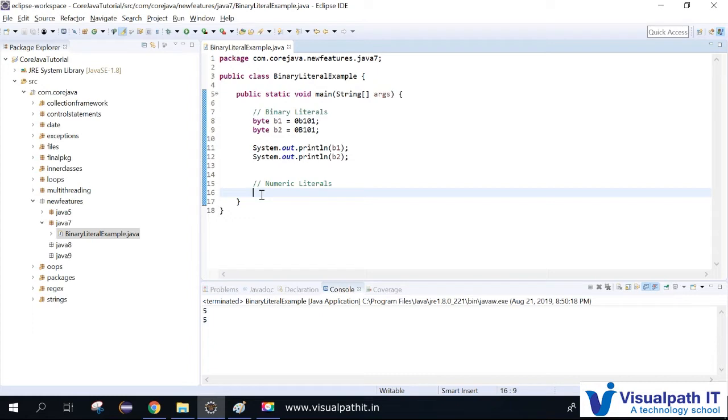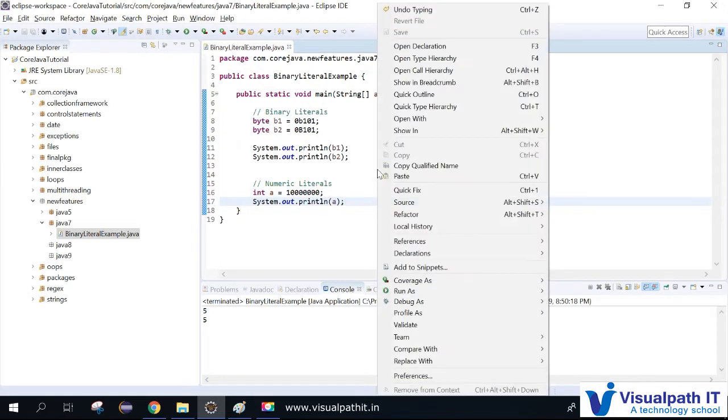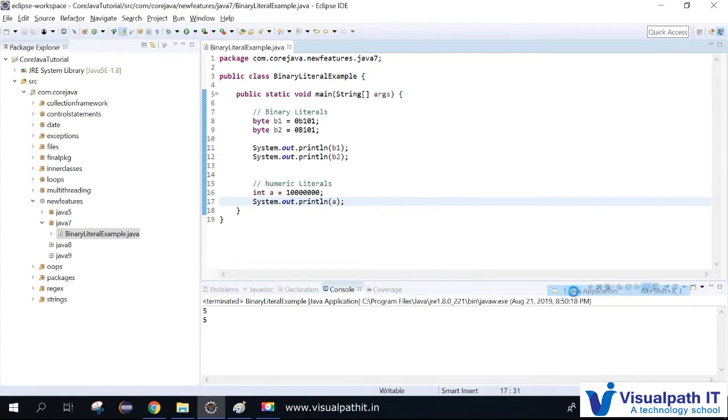If you're programming and you have a very big number of digits, suppose you have a number like this. If you want to keep this value, for readability it's not very comfortable to read how many zeros there are and what this number is.